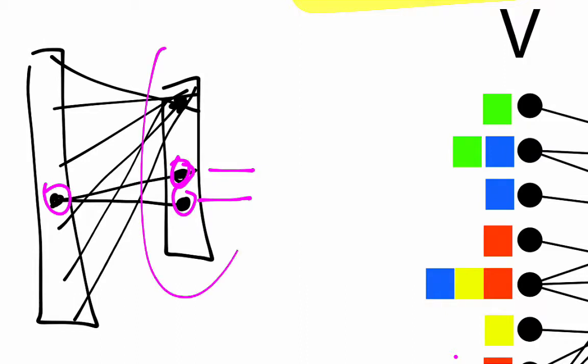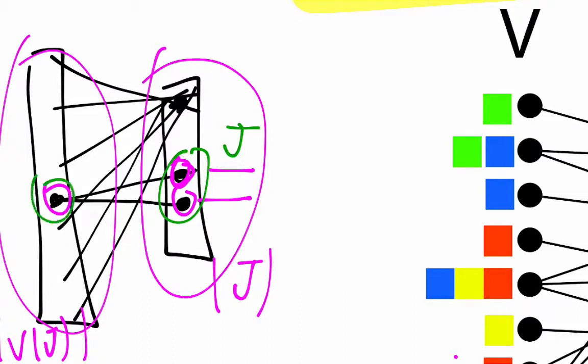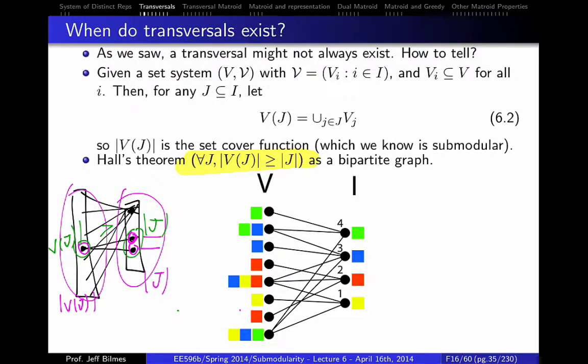And even though if you look at the neighbors of this, it's bigger. So if this is J and this is V of J, that's obviously going to be bigger than this. But on the other hand, if you look at this little subset here as J, and this is V of J, you're going to have this smaller than that. Terrible picture, I know. But maybe color will disambiguate it a little bit. But if you have an extra constraint that there can only be one for every group, then that should